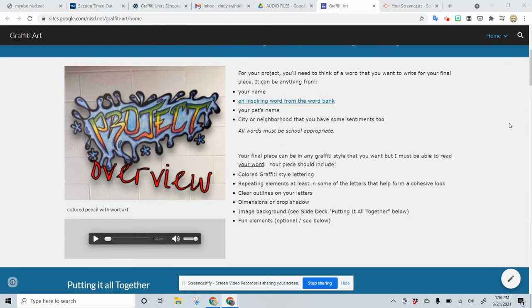So, for your project, you'll need to think of a word that you want to write for your final piece. It can be anything from your name, an inspiring word from the word bank, pet's name, city or neighborhood, but all words must be school appropriate. Your final piece can be in any graffiti style that you want, but I must be able to read your